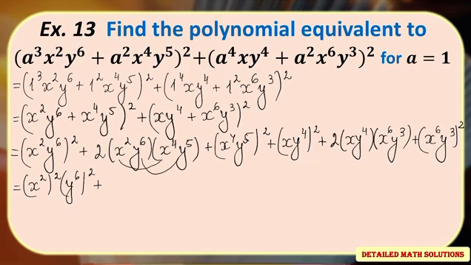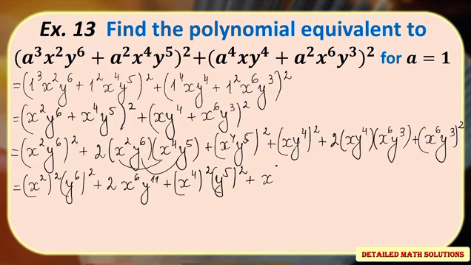This way, I need to add their exponents. And when I do that, I get 2 times x to the 6th y to the 11th power plus x to the 4th in parentheses squared y to the 5th in parentheses squared plus